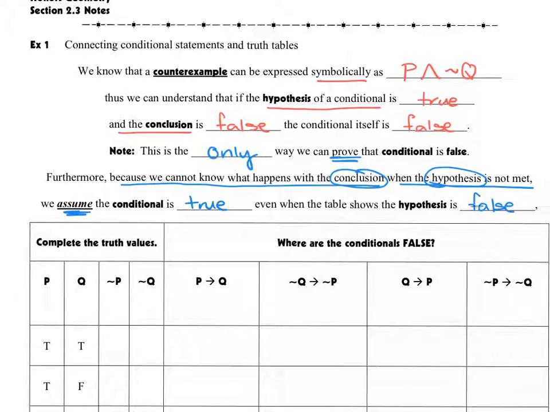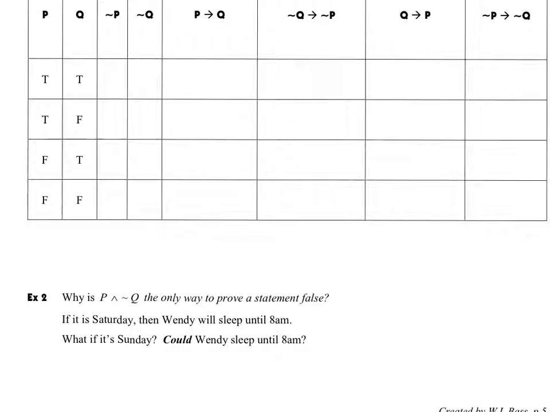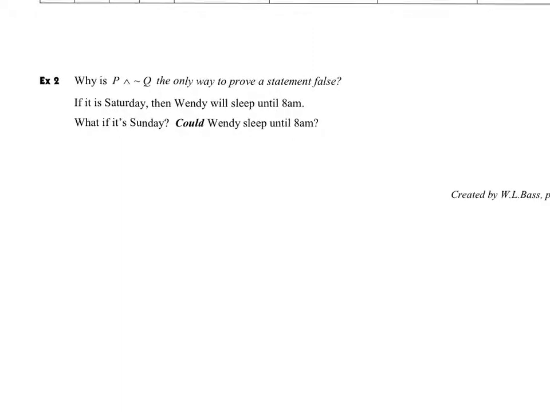Now, what might help you is if we actually jump to the example at the bottom of the page before I start filling out the T-chart, because it walks through that idea. Sometimes students like to see this first, so we'll give this a shot. I have a conditional statement here. If it is Saturday, then Wendy will sleep until 8 a.m. This is my P, then Q. What the assumption up above says is that if I have a not P, meaning in this problem, if it is not Saturday, in other words, what if it's Sunday,